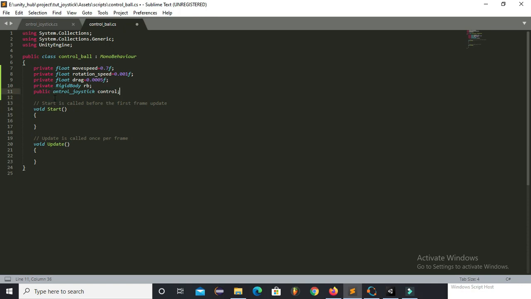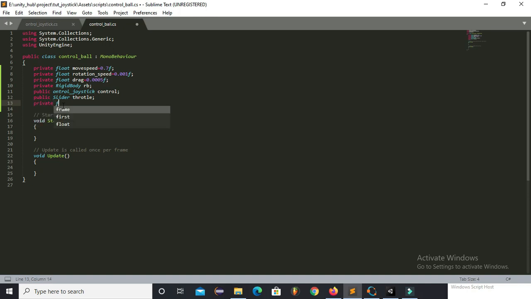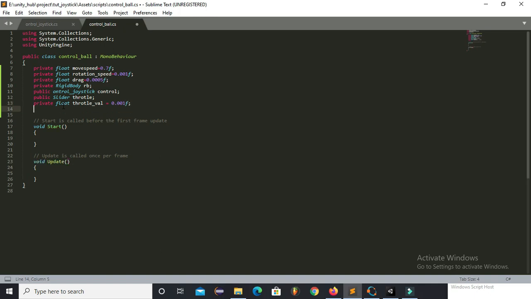So I will use that script to control the sphere by using the joystick. So here I will create public slider. This will store the slider game object which we have created. This variable will store the initial value of the slider.